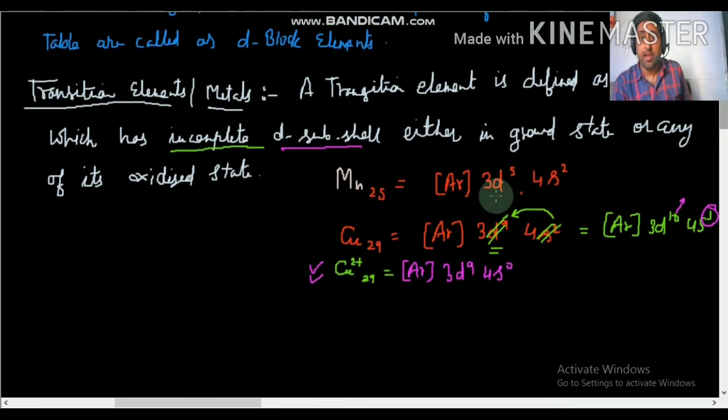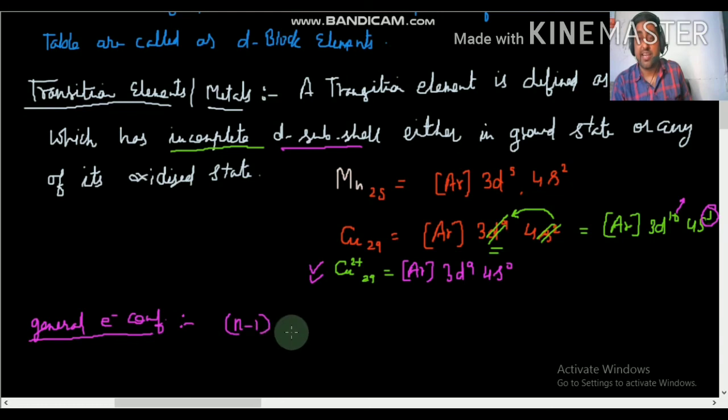Now here if we see the general electronic configuration of D block elements, it will be (n-1), that is penultimate, that is second last D subshell, and it contains electrons 1 to 10, and then ultimate, that is the last subshell, that is ns, and it contains electrons 0 to 2.